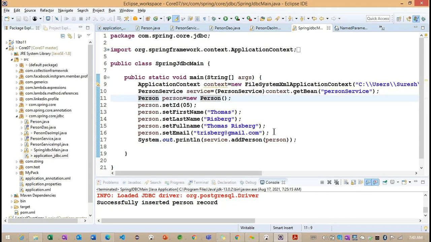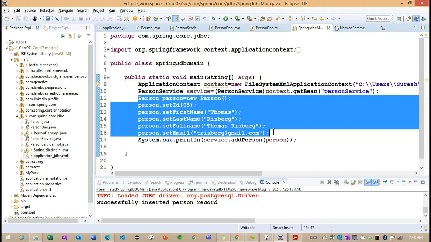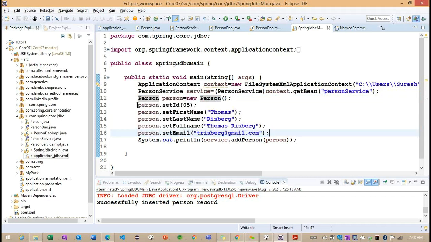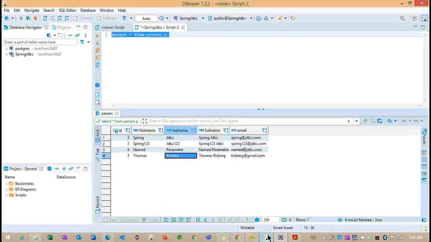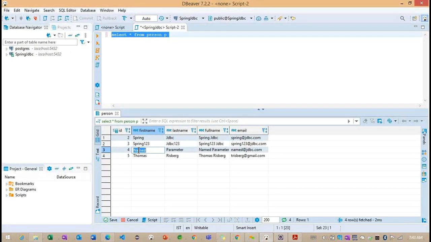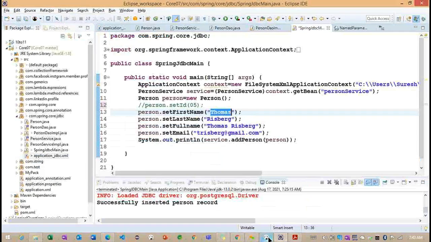Now what I want to write here, I want to comment out this particular one. Okay, we don't want to comment out, right? Only the ID we can comment out. And here, what is the record we want to update? First we'll try to update the fourth record here. So what information can we update?